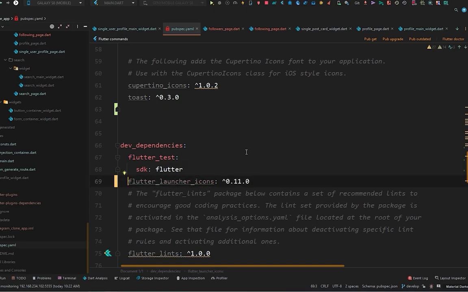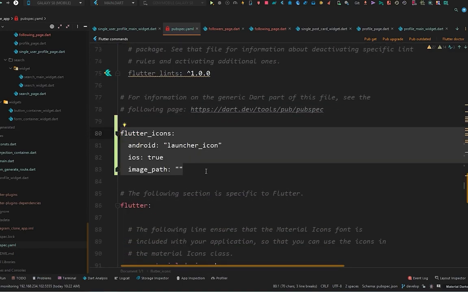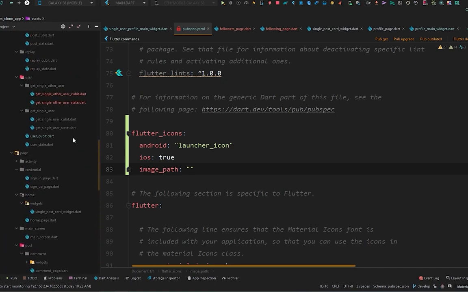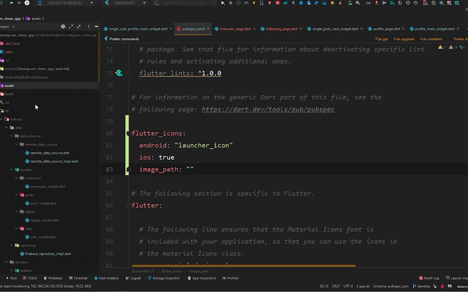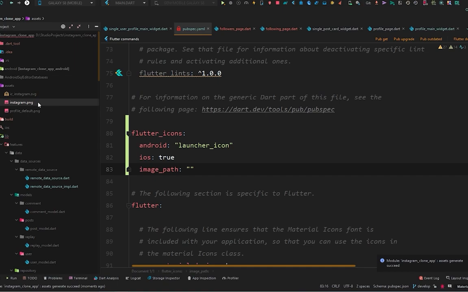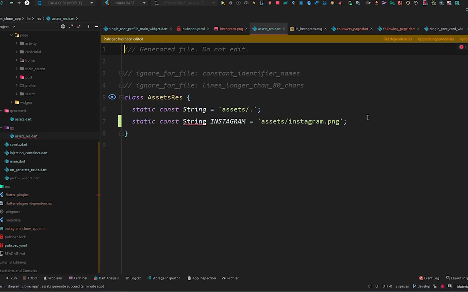After this, one more thing we have to do is to have this Flutter icons configuration in place. So the Android will be icon launcher, the iOS will be true for this, and the image path. First we must have the Instagram icon to put the icon in here. So let's go and add the image in the assets. So paste this Instagram icon in here, and we got the Instagram PNG in here. Now there is an error with asset resources. So let's delete this from here and get the dependencies